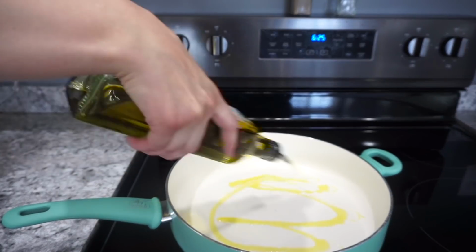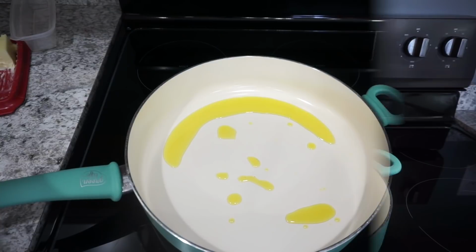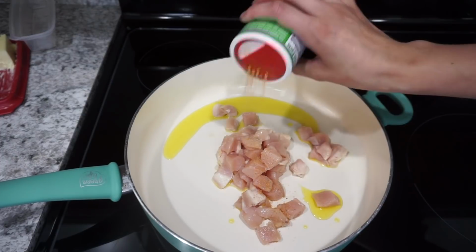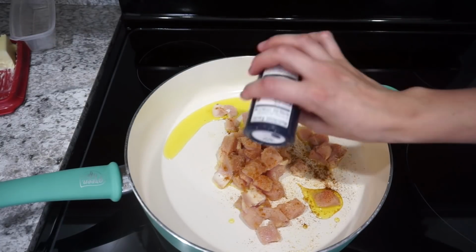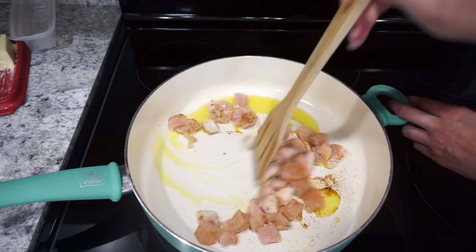So I just decided to pan fry my chicken, and I just heated up a little bit of olive oil over medium heat, and then I am throwing in that chopped up chicken and just getting it seasoned up. So for seasonings, I actually did a little bit of Tony's on there, just barely any though. I did some onion powder, garlic powder, as well as some paprika, some sea salt, and some regular black pepper,